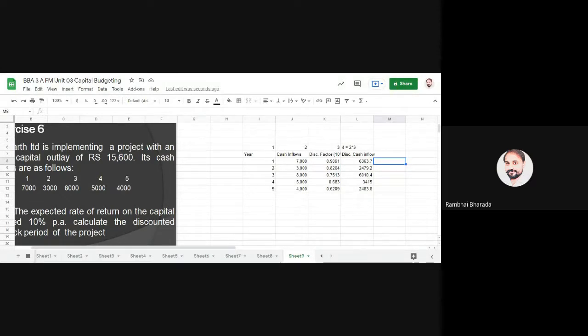Whatever we have done in question number 4 and question number 5, we need to do the same here also. Now do 6363.7 plus 2479.2